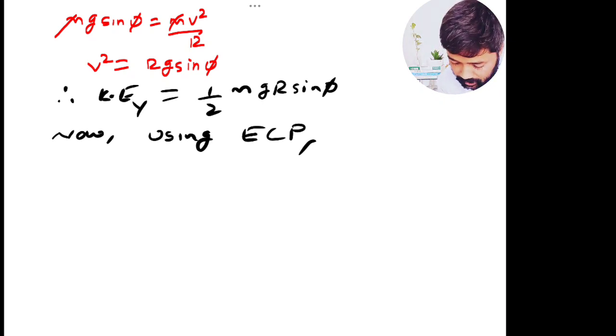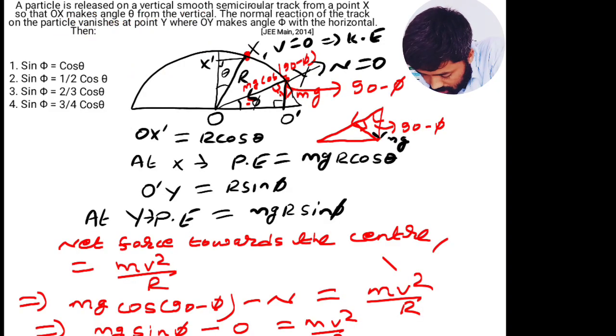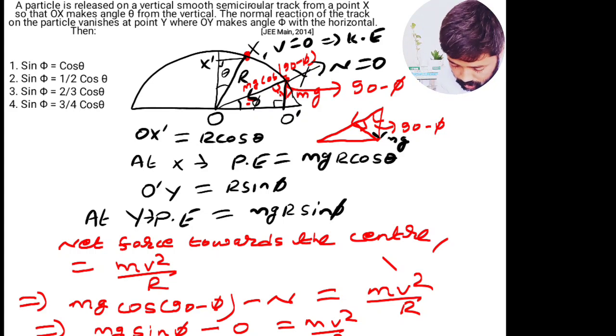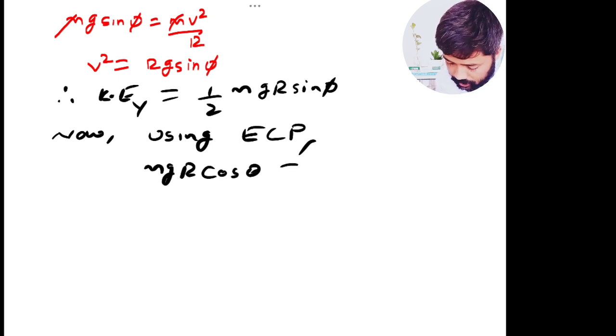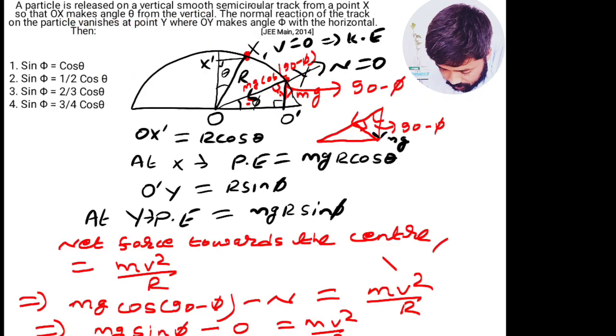Initial total energy was only potential, mgr cos theta. So mgr cos theta is equal to the potential energy at y, that is mgr sin phi,